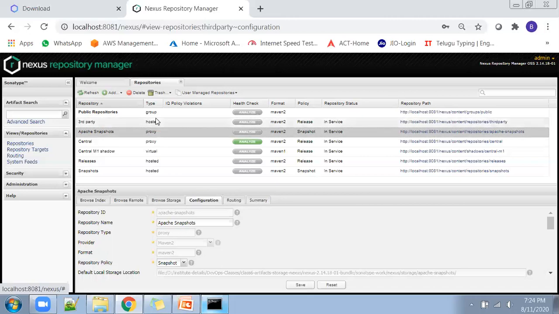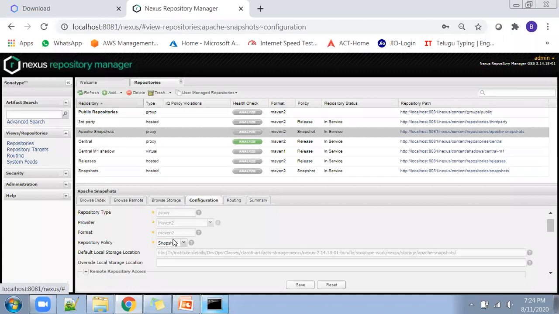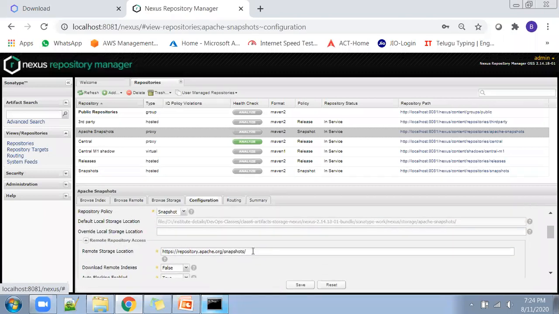See, this is the proxy repository for Apache snapshots. That means if you want to download anything from Apache, this is the actual Apache internet URL, and it is already proxied. For example, if you are working in a banking domain, you will not be able to download any artifacts from the internet.